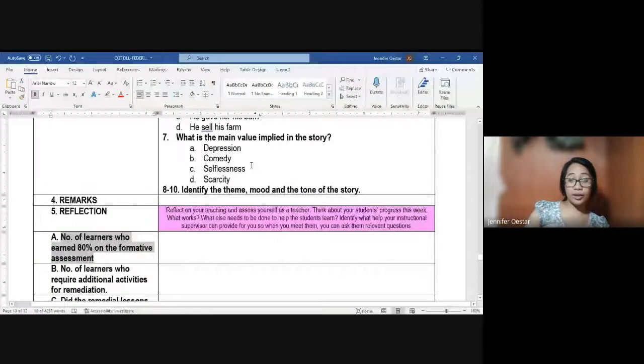Ito yung tinatawag nating reflection. Reflect on your teaching and assess yourself as a teacher. Think about the student's progress. Number of learners who earn 80% in the formative assessment. So, pwede mo siyang bilangin. Ilan na naka-5, ilan na naka-4, naka-3. That's why nagpapataas ng kamay ang teacher. Dito niya nilalagay. Halimbawa, ang hindi naka-80%, halimbawa sa 10, ay yung 6 pababa ay hindi naka-hit ng target mong